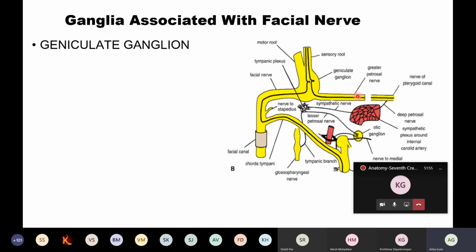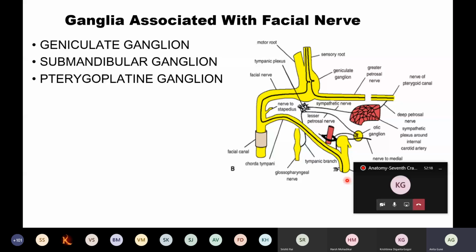Ganglia related to the facial nerve, we saw three ganglia. One was the geniculate ganglion, which is a sensory ganglion. The somatic afferents will be relayed over here. The greater petrosal nerve arises from here, forming the nerve to the pterygoid canal. Then we saw the submandibular ganglion, that is the chorda tympani nerve, which will join the lingual to go to the submandibular ganglion to supply the submandibular and sublingual salivary gland. Another, we saw that this nerve to the pterygoid canal goes to the pterygopalatine ganglion to give secretomotor fibers to the lacrimal gland and the mucous glands situated in the palate.